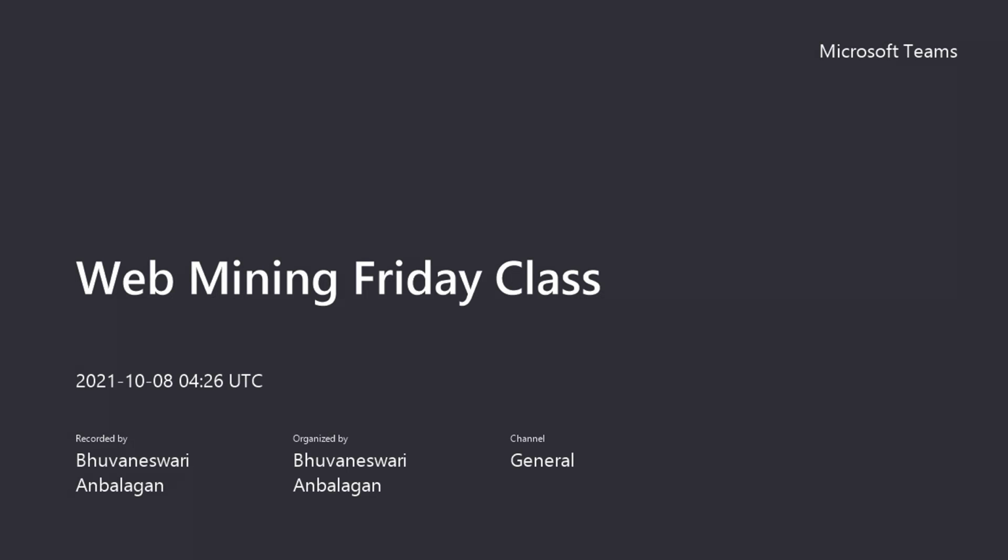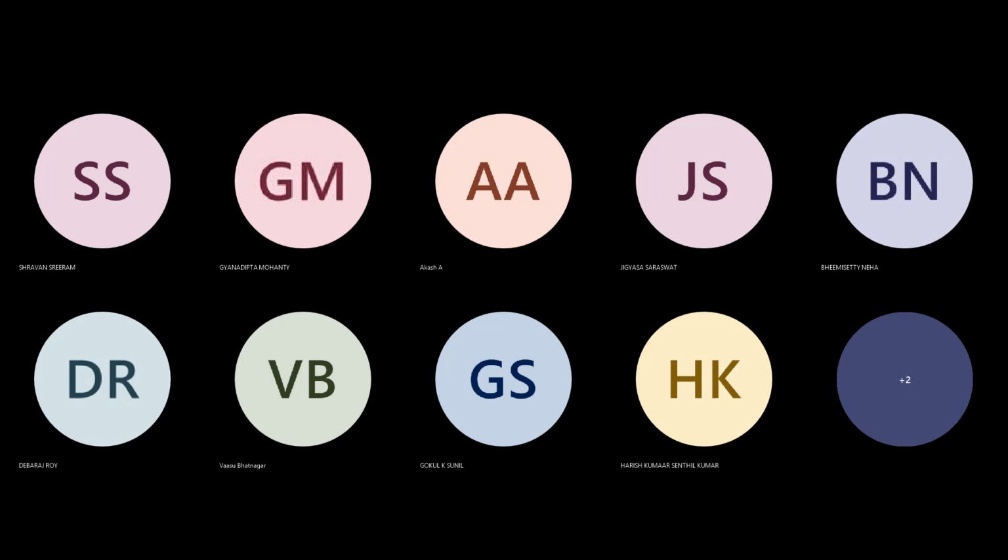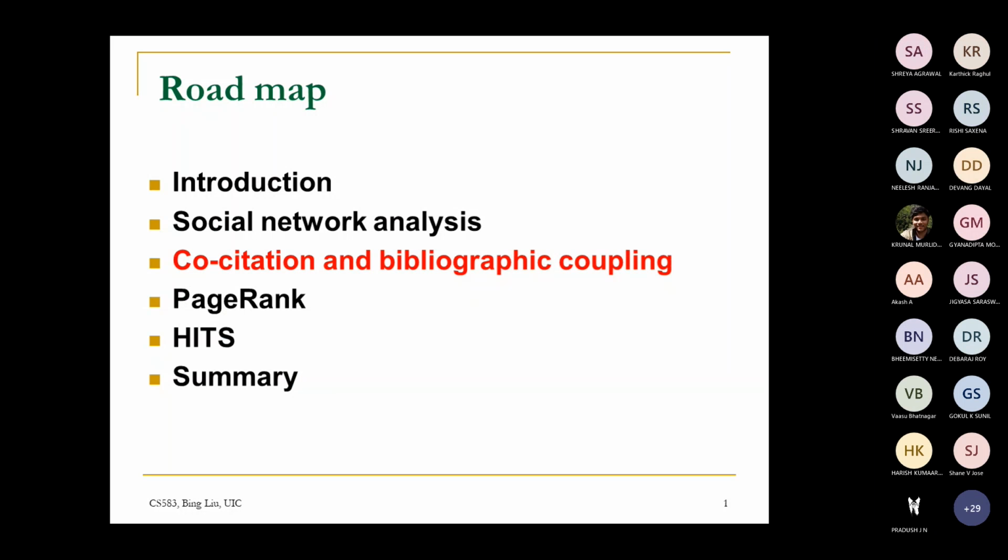We'll start the class. In the last class, we saw graph analytics: the basic centrality measures with respect to a graph, and how they can be converted into network centrality measures. We saw closeness centrality, degree centrality, betweenness centrality, and eigenvector centrality. These are all very important graph metrics that you have to look at if you are learning social network analysis.